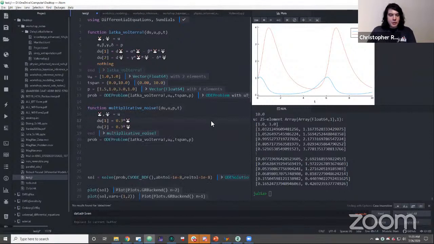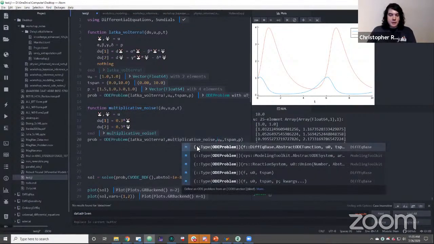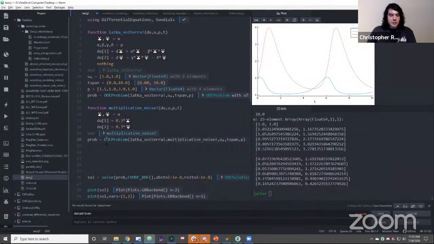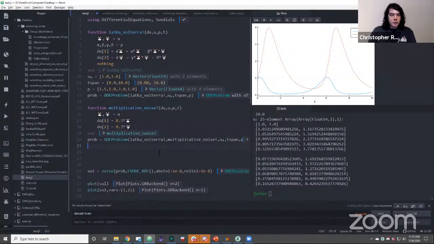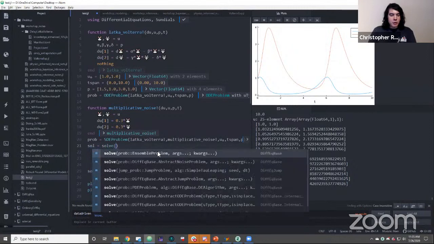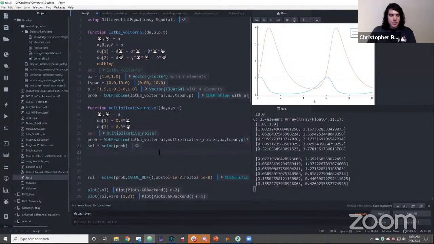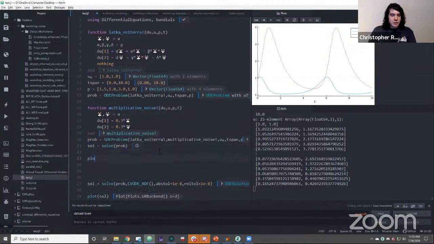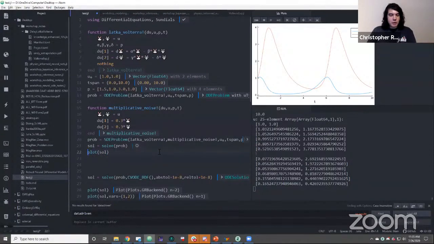So here I'm going to make use of the multiplicative noise. I'm going to define this stochastic differential equation in such a way that I add multiplicative noise to it. And now I'm going to solve the problem. Right, and now we're being major problem solvers, and it's churning through this, well, mostly compilation here on this stochastic differential equation system. It's going to pick its own differential equation solver, and then we can